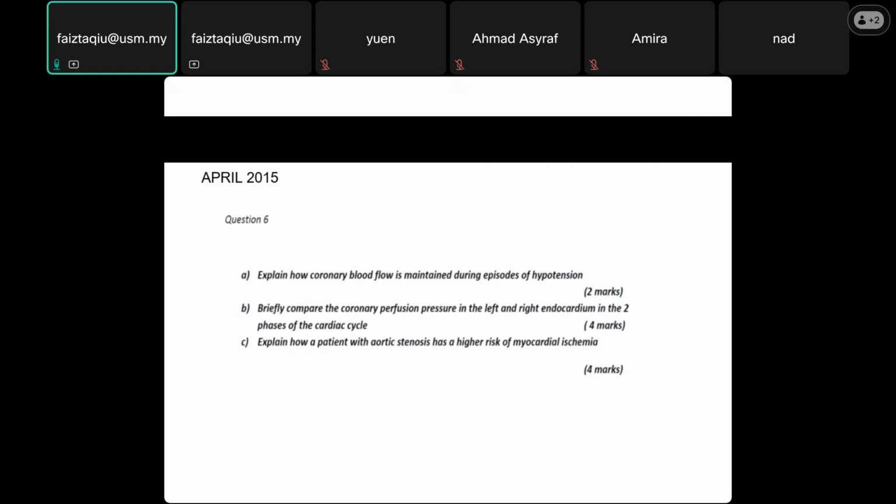Dia buka markah macam banyak, tak tahu nak. Kita pasal endocardium supply tadi. That one is also important. The variations of your endocardial blood supply, especially during systolic phase. Right, because of the hypertrophic muscle also. And then also the diversion of your blood flow to your diaphragmatic vessel. So coronary sinus and the vessel.